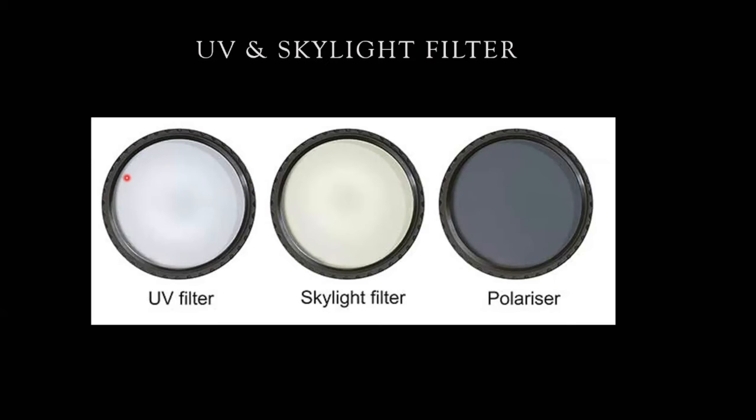UV filters are very, very common. But do they really serve their purpose of saving the front end of your lens? No. The reason is that the front part of every lens is a hardened glass, like the Gorilla Glass on your mobile phone. So it is scratch proof to a certain extent. I mean, if you use sandpaper and rub it, then scratches will be there. Very fine scratches might be there, but they don't really change anything in your photographs. But adding the UV filter really changes how the photographs turn out.